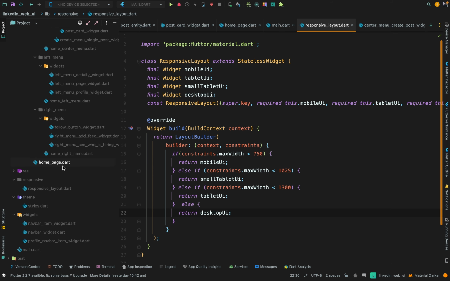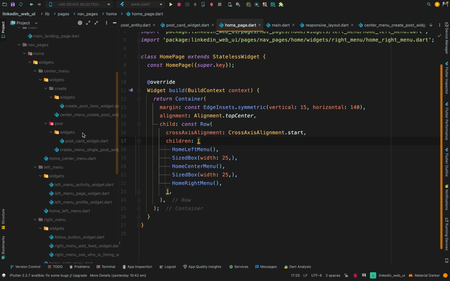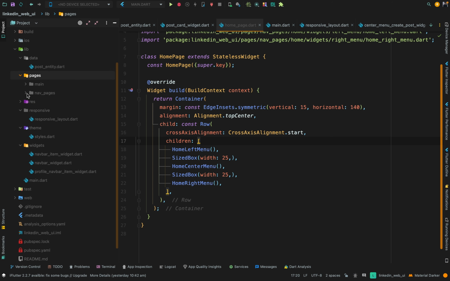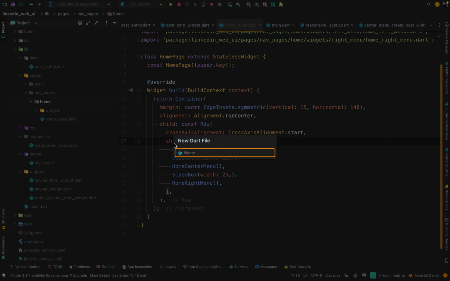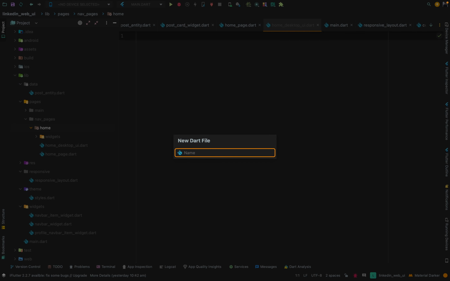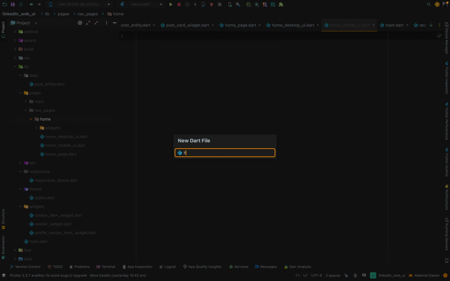Now in the home page, we are going to do something different. But for now, let's go for creating inside the pages, inside the nav pages, and inside the home, let's create the home desktop UI, and then one more dart file home mobile UI, and then one more home tablet UI, and lastly